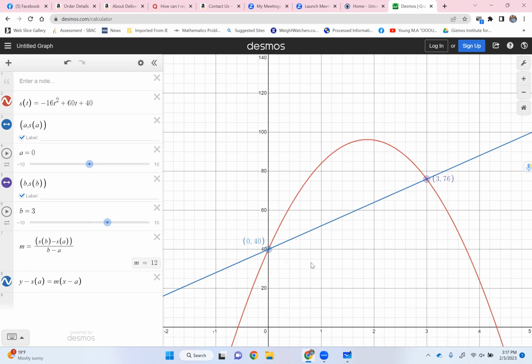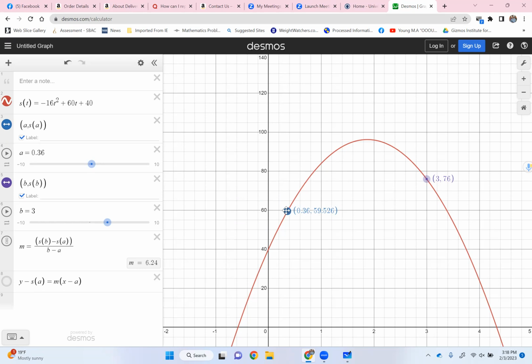All right, now we're going to take it one step further. Every point on a curve also has a tangent line, and a tangent line is the line that just kisses the curve in one point. The slope of the tangent line is equal to the instantaneous velocity at that point. So let me turn off this graph for a second. And if I bring this up here, we see that we can have a tangent line that goes like this. It'll kiss the curve just at that point. And whatever the slope of that tangent line is, that's exactly how fast the ball is going at this point